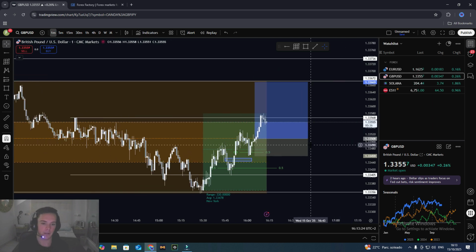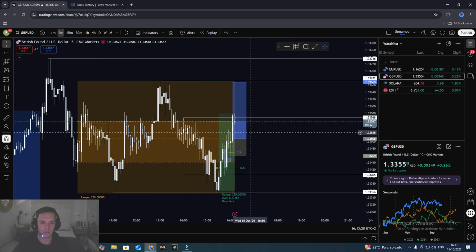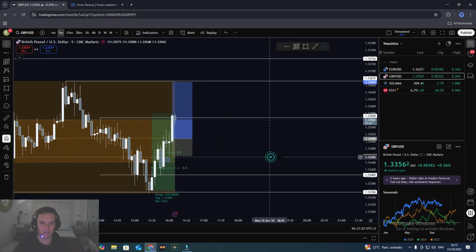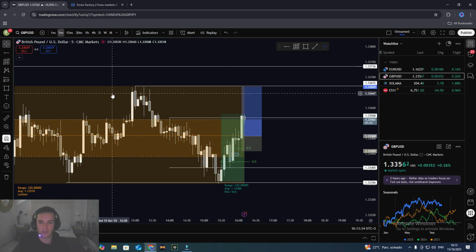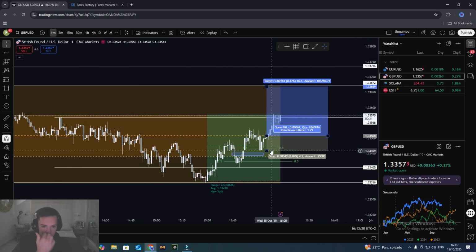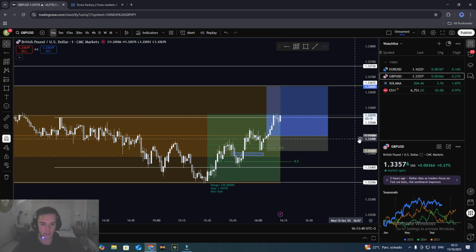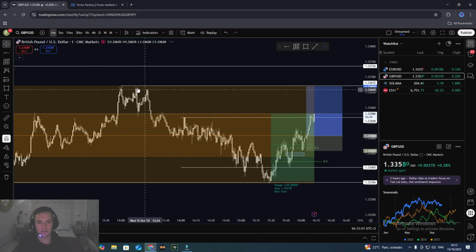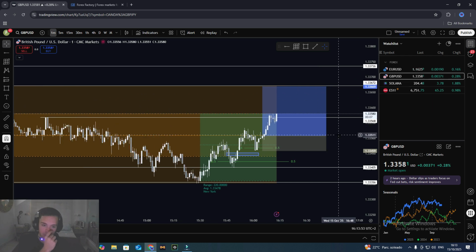Now, look, if I move my stop to break even, there is a high probability that we come down, fill this fair value gap, and come a little bit lower to where my break even is, because that is a key point. It's a point where a lot of people will have entered trades, a lot of orders will have been filled due to this bullish market here. And so it will be manipulated to come down here sometimes and stop people out at break even and come close to my stop loss, and then continue price to my full TP, possibly even further.